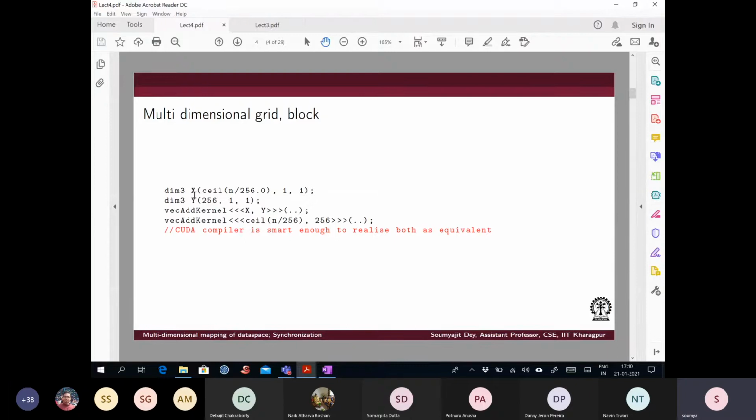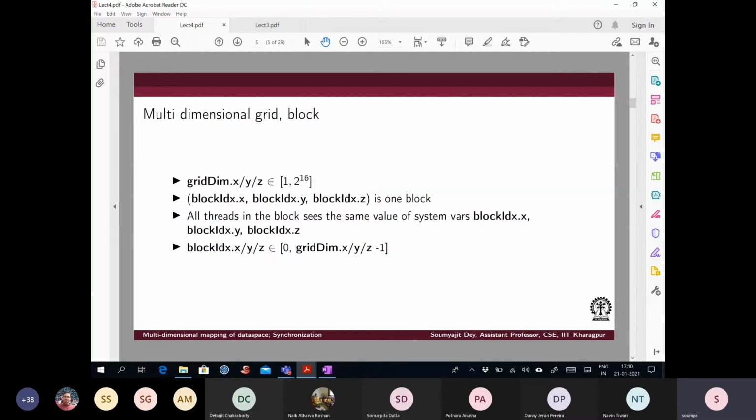The grid can be 3-dimensional, and inside the grid the blocks can again be 3-dimensional, right? Now it is not necessary that every grid and block that you define will always have 3 dimensions. You can have 2D kernels, even 1D kernels. In those cases, the other dimensions will be implicitly taken as 1, right? The CUDA system will be able to understand that.